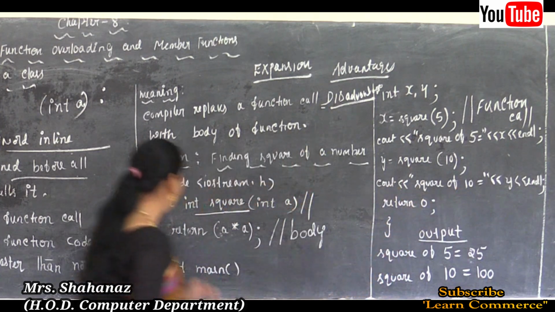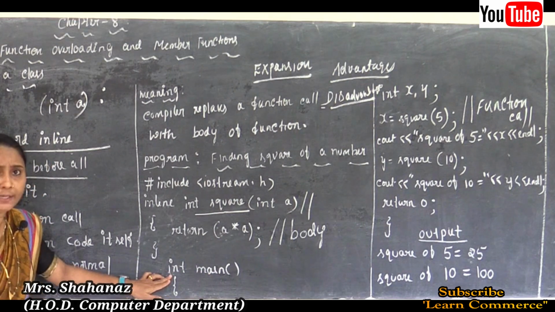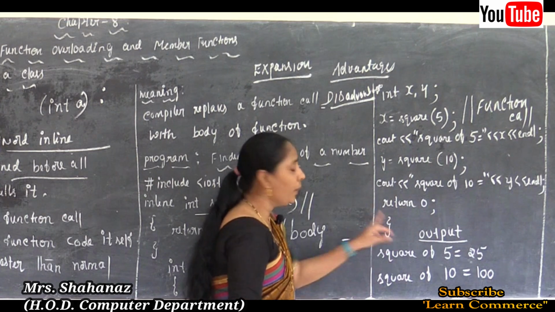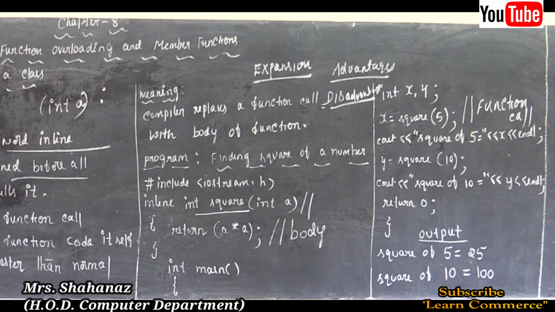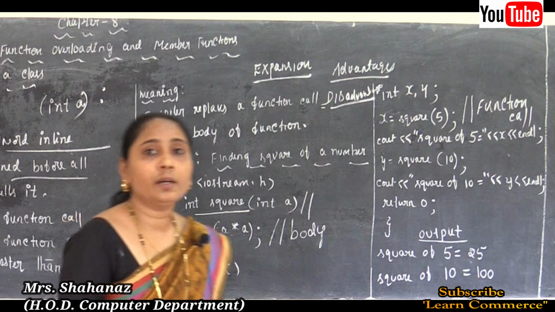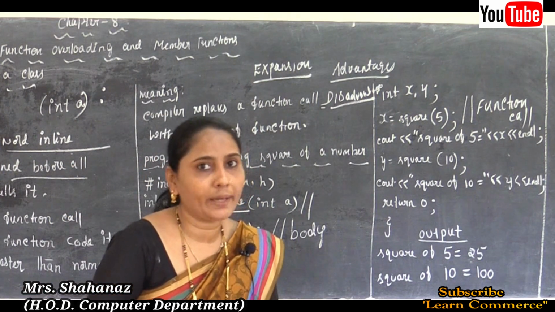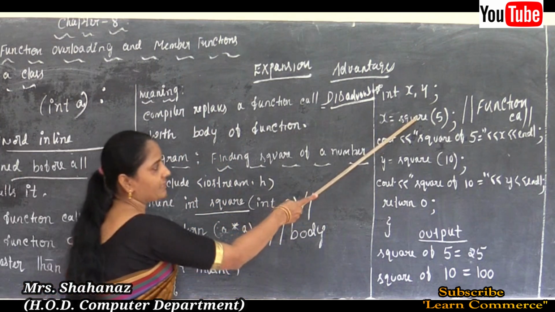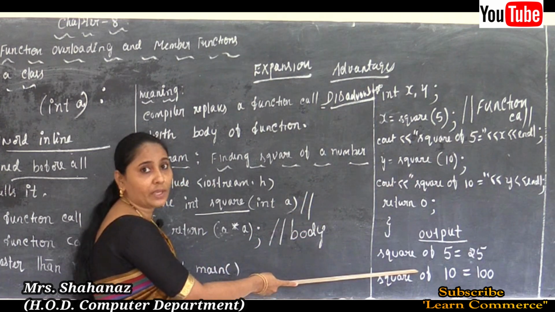So and finally we already used the main program. The main program is the int. So we are using the return 0 and going to close the bracket, flower bracket. Okay, so this is the inline function, and when you are going to explain about this function, we can say that here in this program the square is an inline function and that finds the square of a number, correct? So the first square of a number is the 5 and second square of a number is the 10, and this is the output of this program.